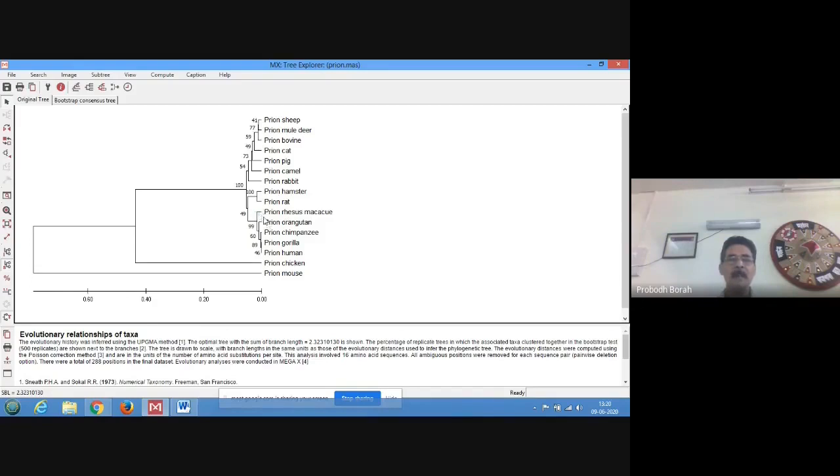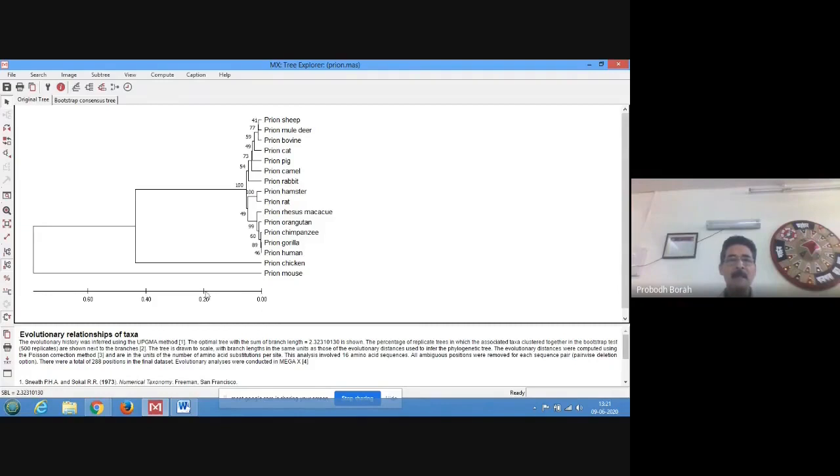As I said, this horizontal line represents the distance score, or it indirectly represents mutations. So you see here, the scale represents the mutations. 0.00 means 0 mutation here.